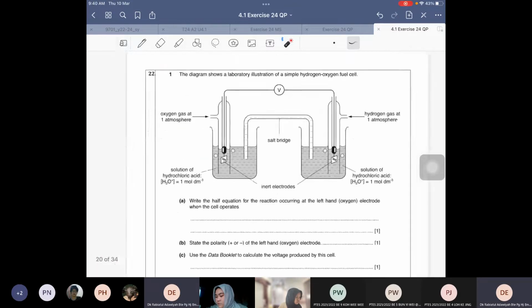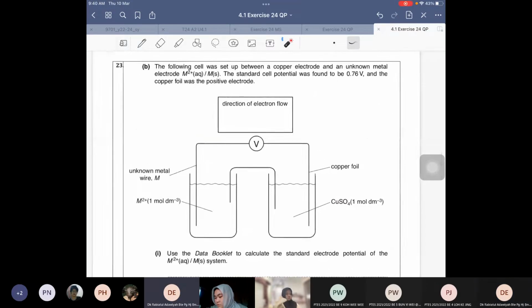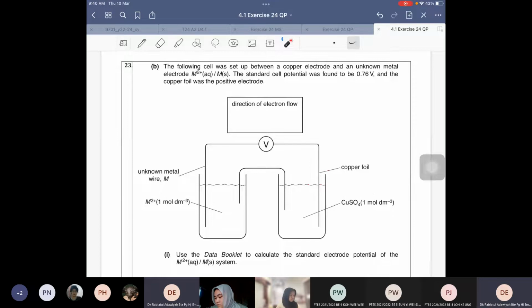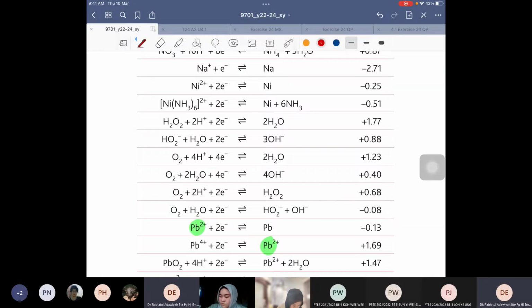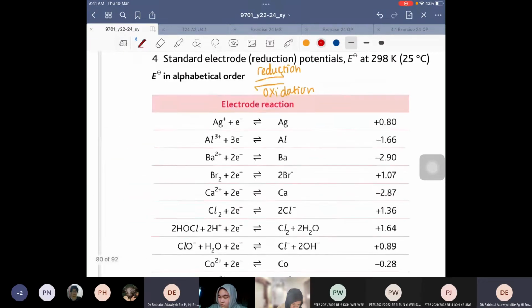Okay, so moving on to question 23, part B. The standard cell potential was found to be 0.76 volt. That means E cell is 0.76 volt. And we know that E cell is E node reduction plus E node oxidation. And the copper foil was the positive electrode. So that means this is the positive terminal. This is where reduction happens. Okay. We will need the value for the copper 2 plus copper half cell,